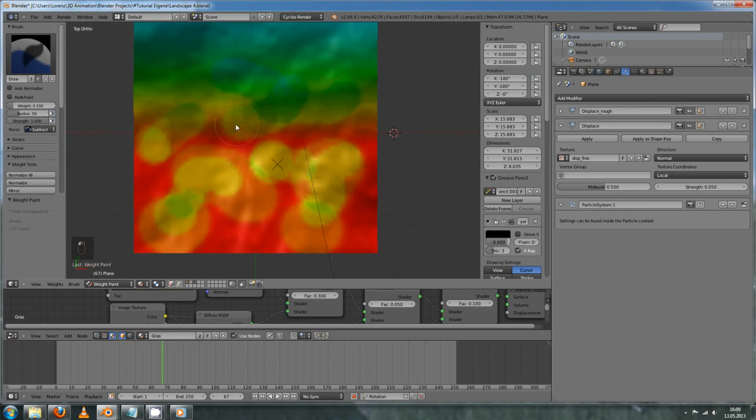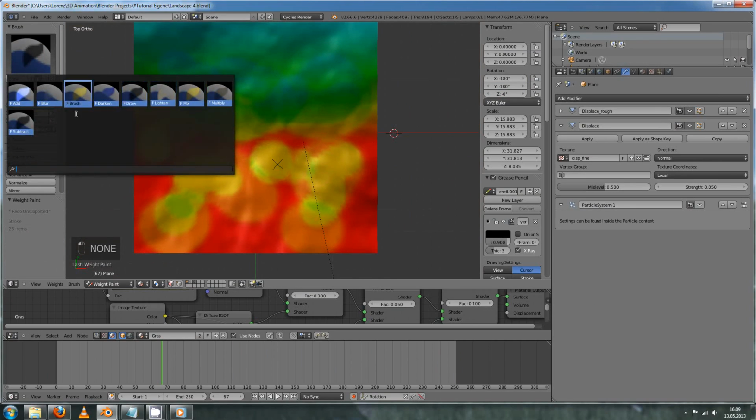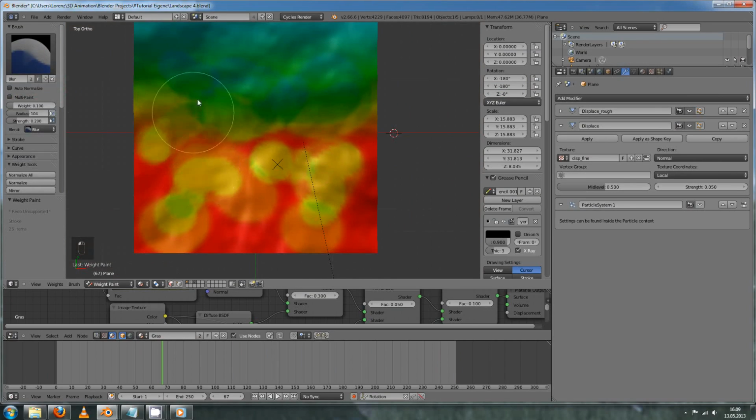You could also take the blur option, so these areas mix into each other and it doesn't look that superficial. No, I don't know if this is the right word, but anyway,